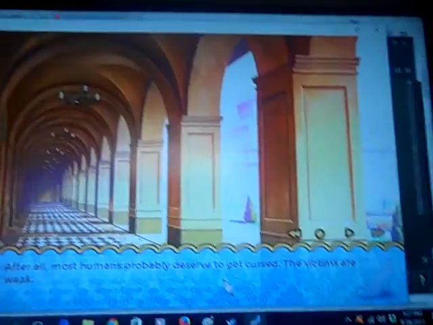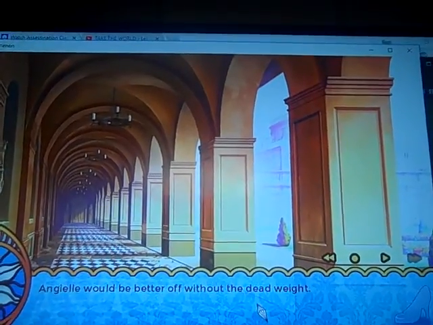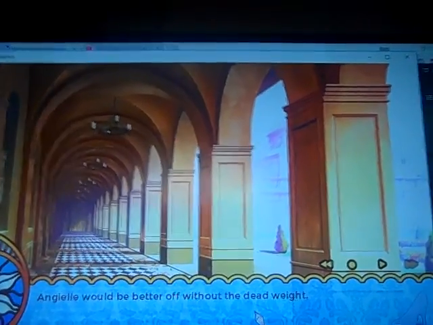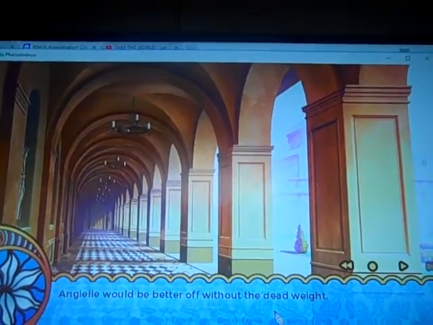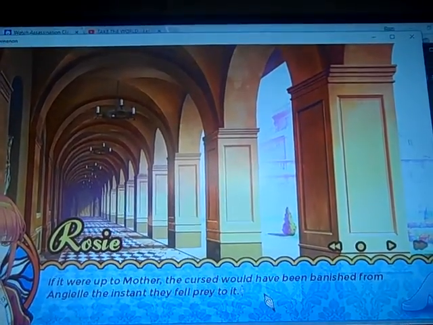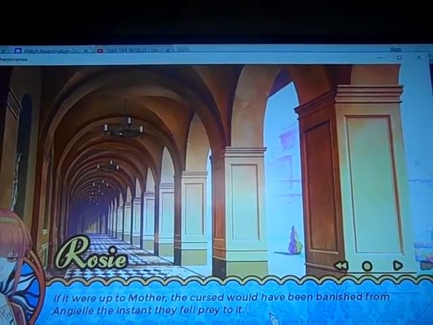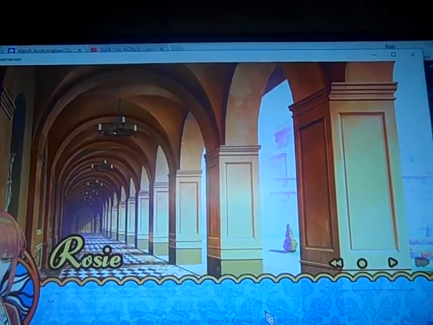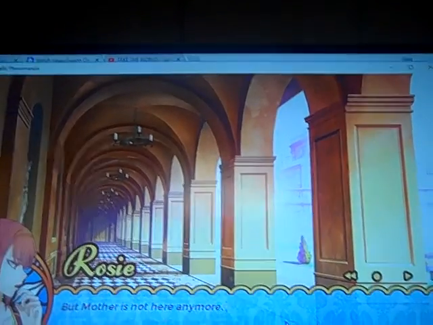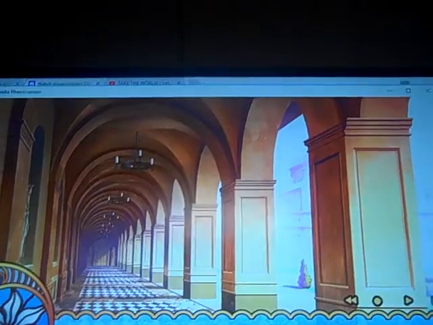Their victims are weak. Oh, I'm a horrible person. I would be better off without the dead weight. If it were up to Mother, the cursed would have been banished from the castle the instant they fell prey to it. But Mother is not here anymore, and she will not be coming back ever.